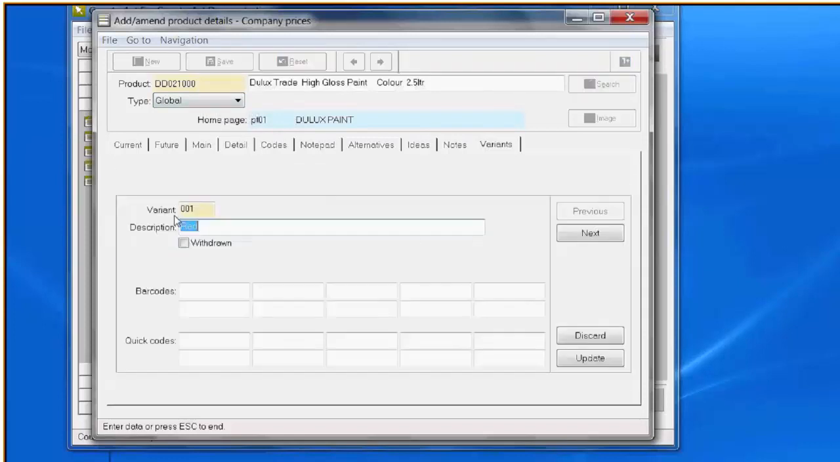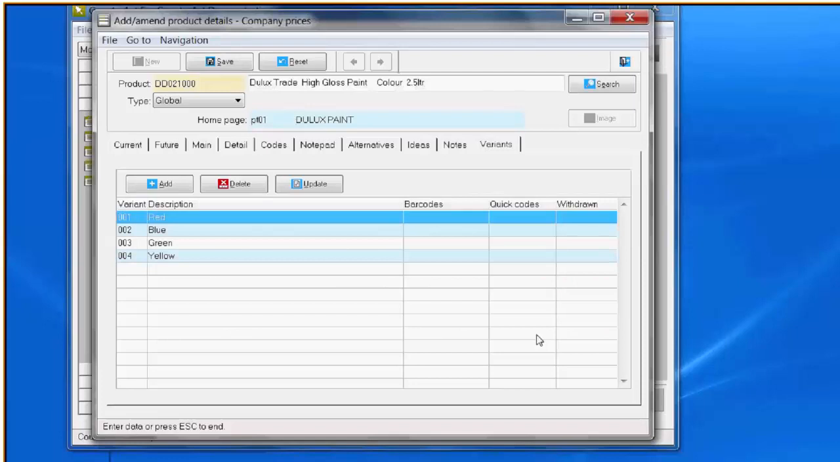In here as well, it shows that you can have separate barcodes and separate quick codes for the variants, and you can also withdraw individual variants, so you may still have some stock. So with variants, it's the individual variants that are stocked and ordered, but the idea is that you've got a whole load of